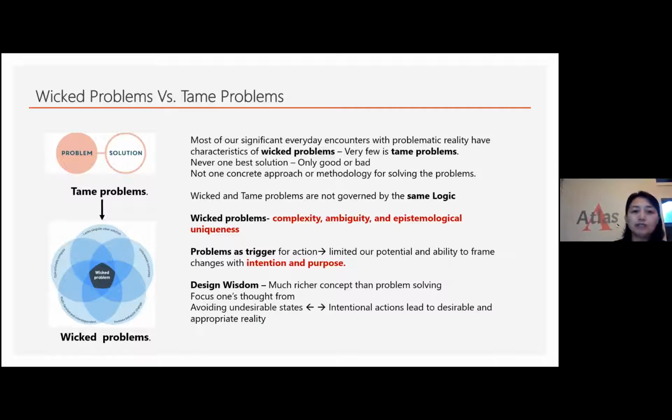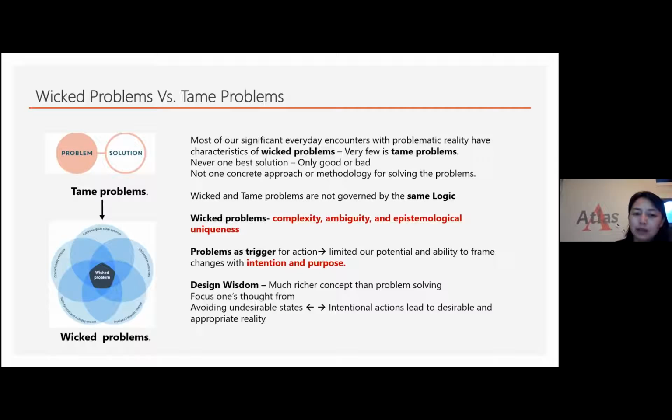Problem and solution: the tame problem is very straightforward. A wicked problem is very complicated. Most of the significant things we encounter every day in reality are wicked problems, not tame problems. A wicked problem is more complex, ambiguous, and unique. And so when we encounter this, design wisdom is actually the way to help us get out of our current dilemma, to help us solve these wicked problems,